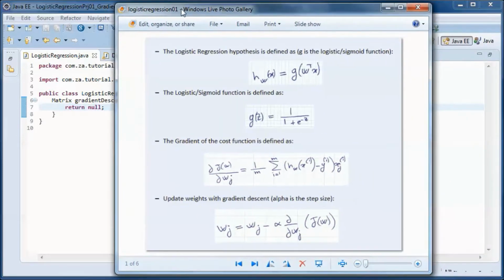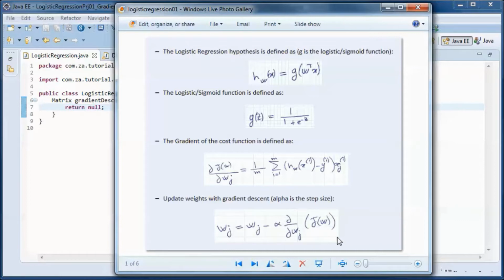Now this is the definition of the logistic regression hypothesis, and g is the logistic or sigmoid function, and this is that function. g of z is equal to 1 over 1 plus e to the minus z, and the gradient of the cost function, this is the definition of it, and we update the weights using gradient descent using this formula.